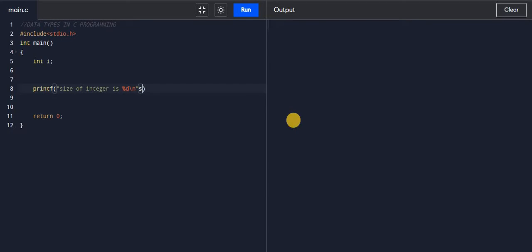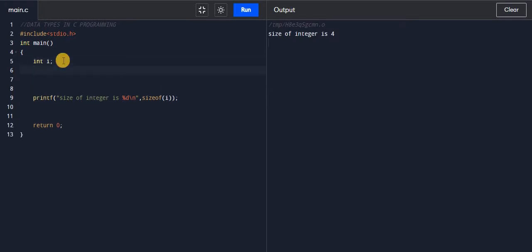Then the sizeof keyword finds the size of an integer value or any data type. The variable of integer is i. If I run, we get the size of integer is 4 bytes. It depends on the 64-bit processor. This integer data type is only used to hold integer values.